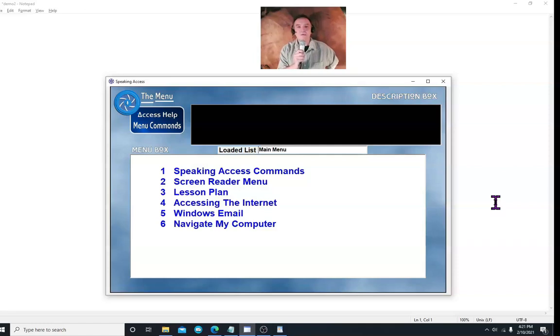Okay, so you'll notice that when I'm saying the command or the folder or the list that I want, I'm not saying the number. You're not supposed to say like one, speaking access commands. What that's designed to do is give it a number so that it's easier to keep track of. But what the number is meant to do is if you want a description of what's in that folder or a description of what that command is. Or, for example, say that we want to do